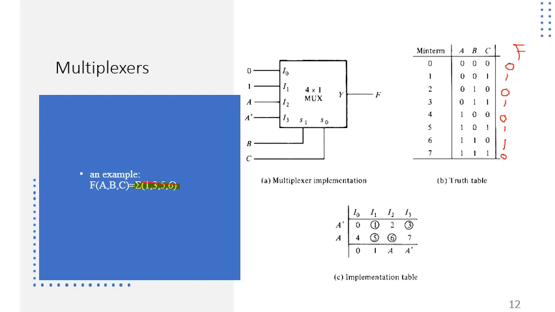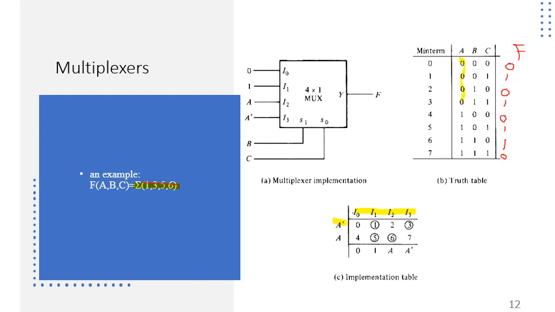We've got in columns the 4 users or the 4 inputs, I0, I1, I2 and I3. If you see the table for the first 4 combinations, or the first 4 minterms, the value of A is 0. So the first 4 entries in the first row represent A prime, in which we've got the value 0. So the minterms are 0, 1, 2 and 3. We label those minterms with respect to their respective inputs.